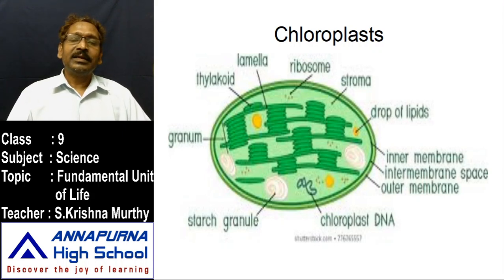While trapping sunlight along with the grana, the chloroplast, whatever its internal organs may be, can synthesize its own food in the region of the stroma. So the entire food material is prepared in the stroma region while trapping that. The next one we have to learn about is the outer layer.